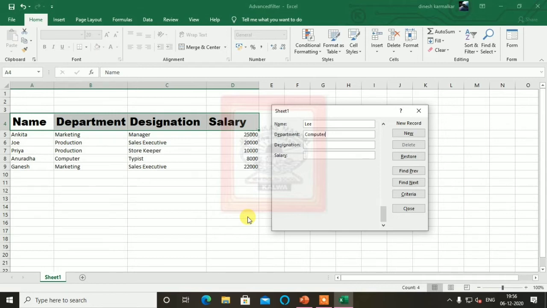Department computer, engineer, and salary, let's say 18,000. Next is Mark, production. Here manager, salary say 30,000.